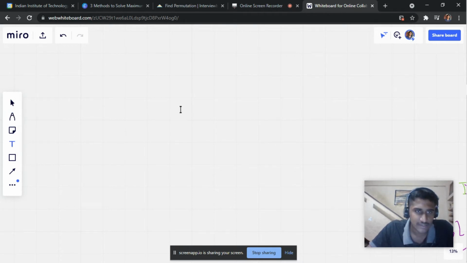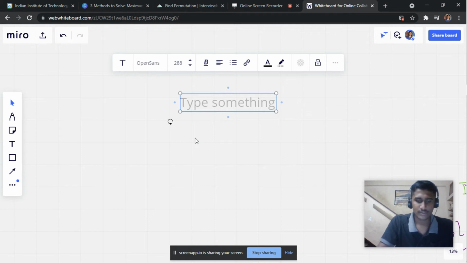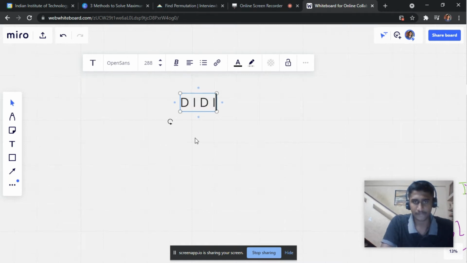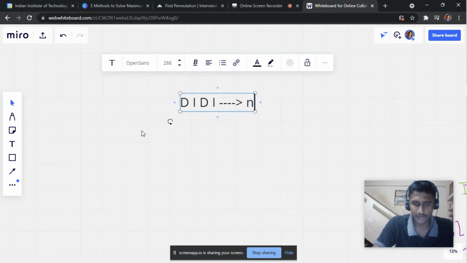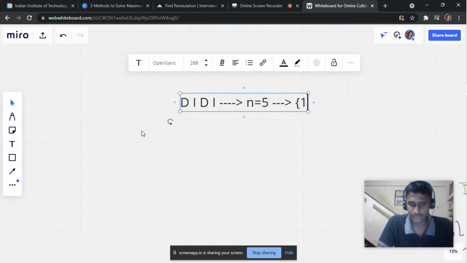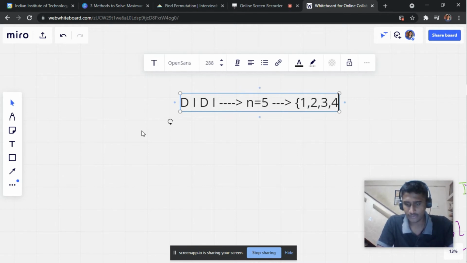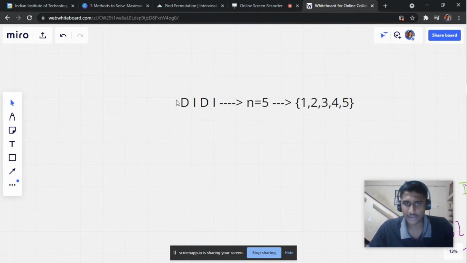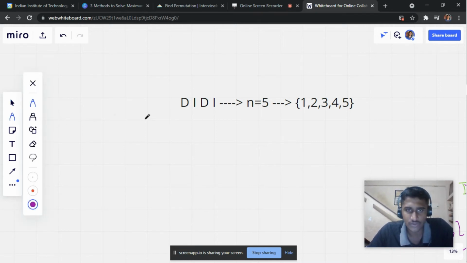Let us consider one more command. Say for example, it would be I D I D I. Let us consider this command, which implies n value equals 5, so the first 5 natural numbers we have are 1, 2, 3, 4, and 5. Now we are going to operate this command on these 1, 2, 3, 4, 5, and we are required to retrieve an array. So for convenience, let us do one thing.